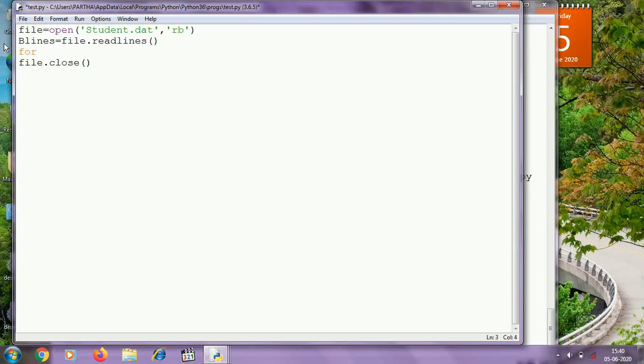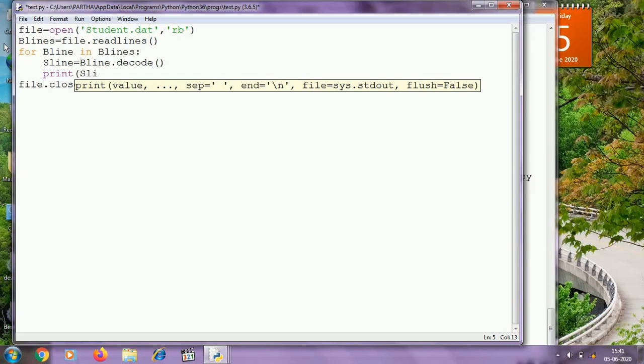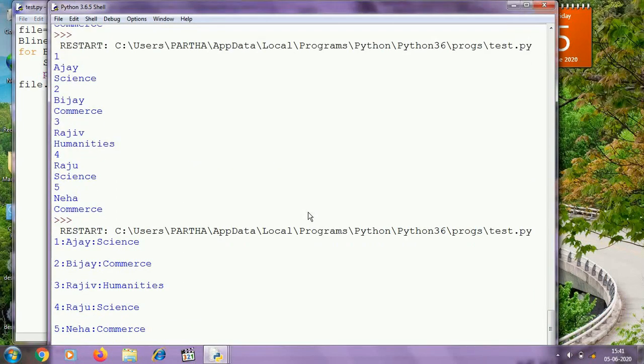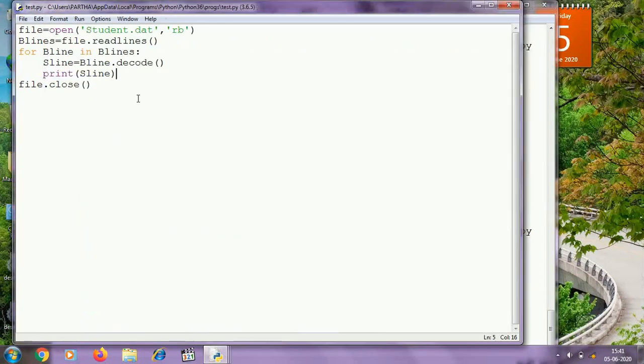So for bline in blines, and inside this loop I am converting the binary line to string line, and here I am printing string line. Let's see. You can see that it is working properly, but I need to print using end equal to quote, and you know the reason.